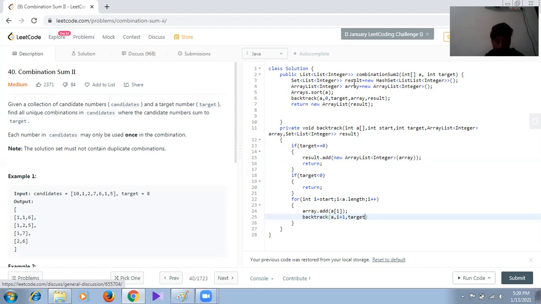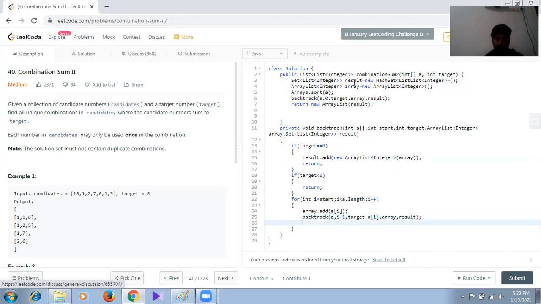So here we subtract a[i] from the target. Now we pass the array, the array list, and finally we pass the result.